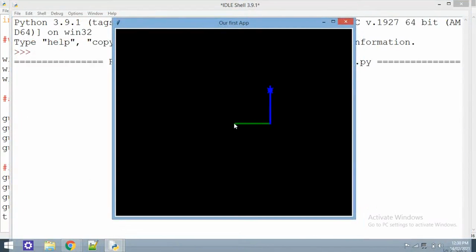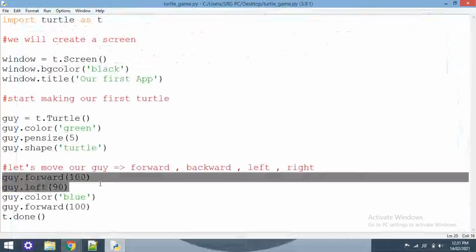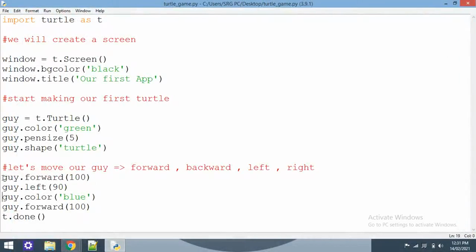You can clearly see it moved 100 pixels forward, then it rotates 90 degrees left, and then it takes 100 pixels forward with the color changing from green to blue. So you can clearly see that as you write each line, it will interpret and run one line at a time.